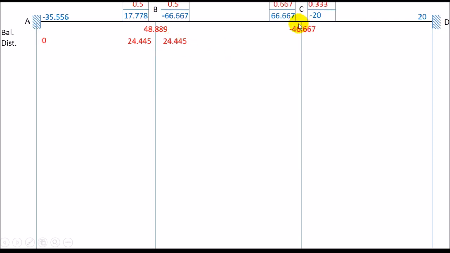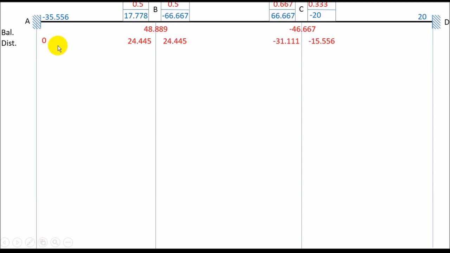All right, here on joint C, the balancing is basically minus 46.667. Why? Because there was a clockwise moment of plus 46.667, and thus my beam had to produce an additional minus 46.667 to counteract it, and the contribution is given as minus 31.111 and minus 15.556. How did I get this? I multiplied this value by its distribution factors. So this is my distribution step. First is the balancing step, second is the distribution step, and third